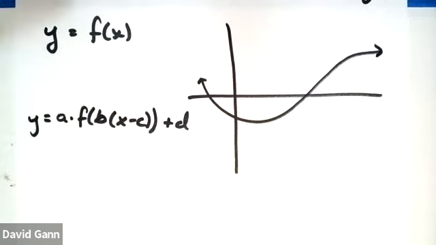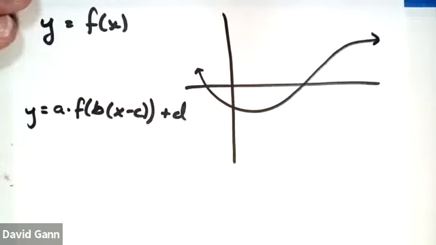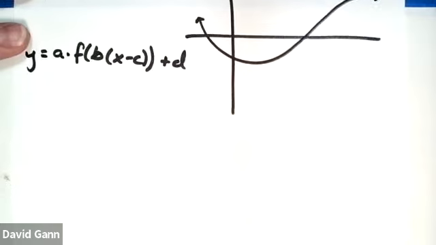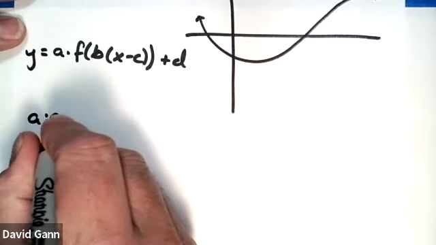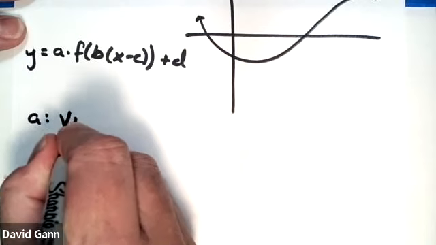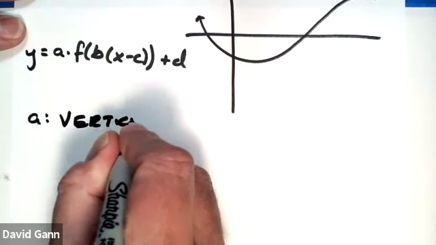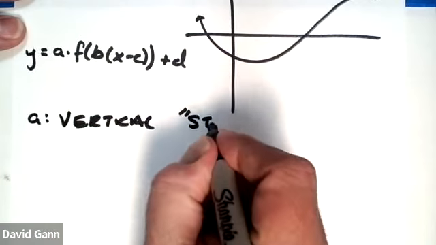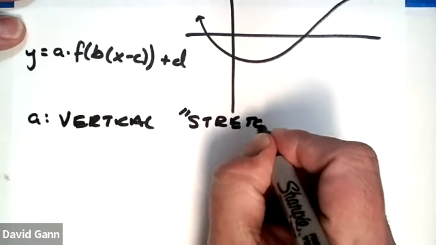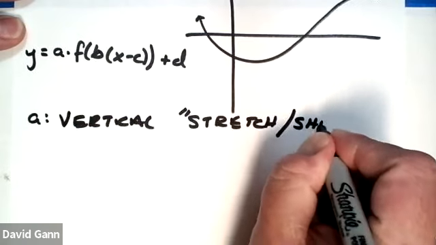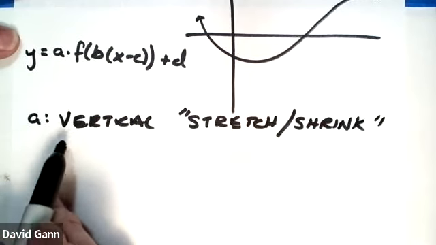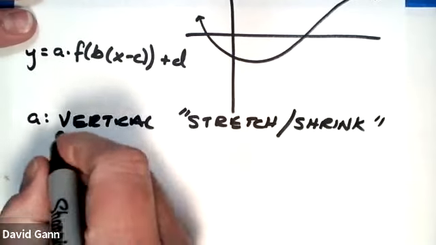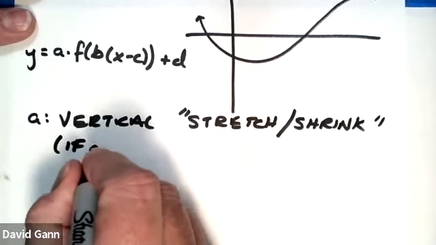There's also some other stuff that we want to talk about along the way. But I want to kind of set up this idea. So first off, I'm going to define what each one of these is called. So A is what's called the vertical stretch or shrink. And I'm going to use that in quotations because that's not a technical term. Stretch or shrink. And basically what this quantity does is as A gets,